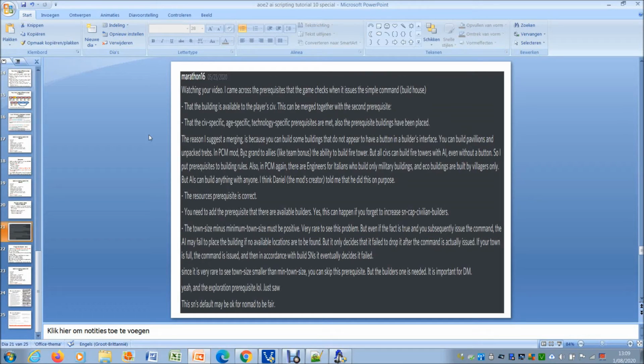Since it is very rare to see town size smaller than minimum town size, you can skip this prerequisite, but the builder one is needed. It's important for death matches, for instance, when you want to build a lot of buildings. And the exploration prerequisites, this is very important,